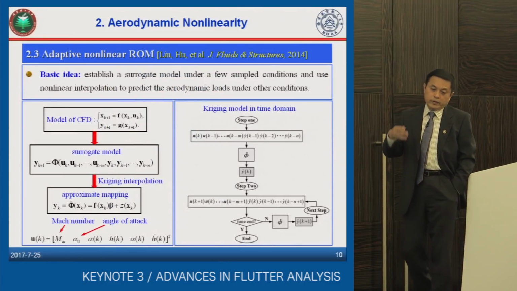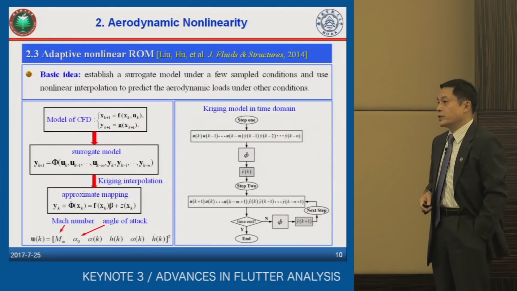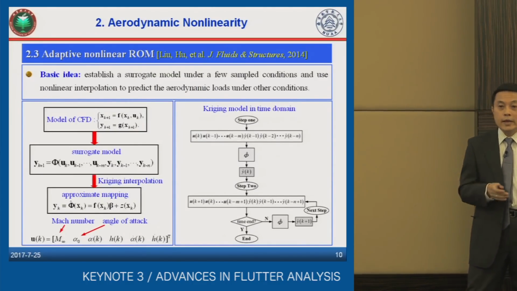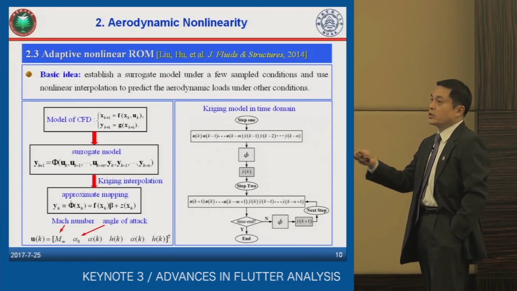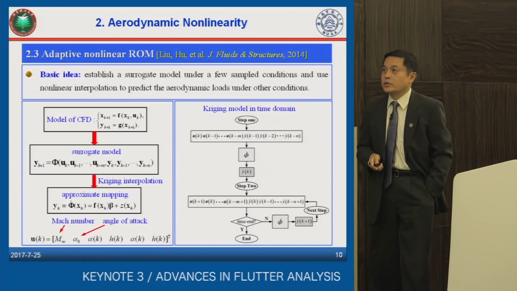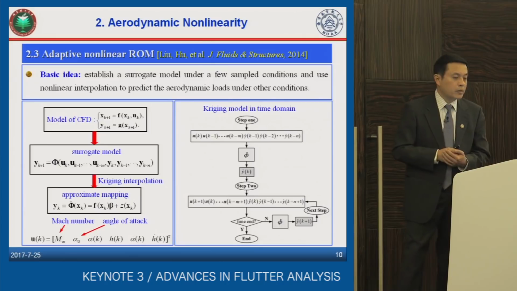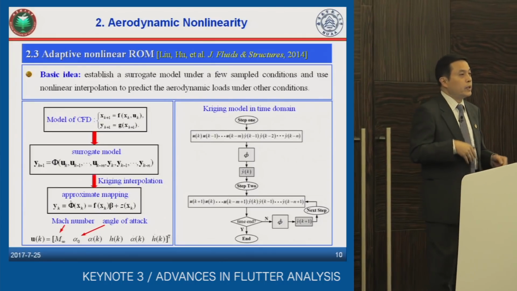As I mentioned before, this model was established under specific flight conditions. Then what if the flight condition changes? Then we need to let our model be adaptive to the change or variation of the flight conditions. The basic idea is to establish a surrogate model under a few sampled flight conditions. Then we predict